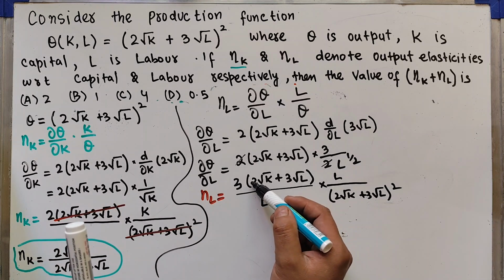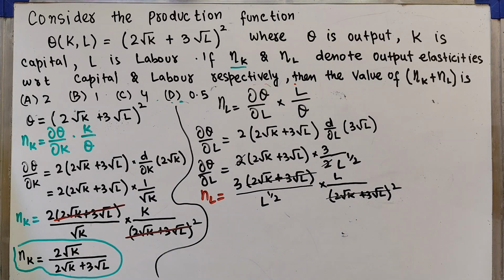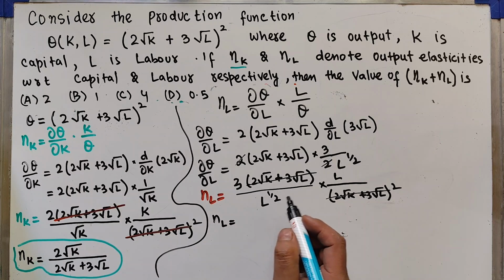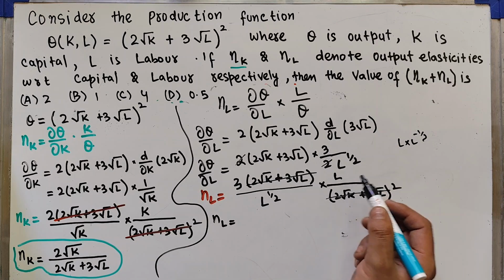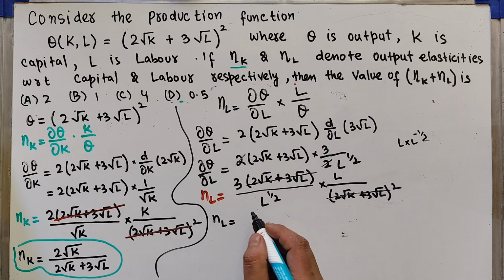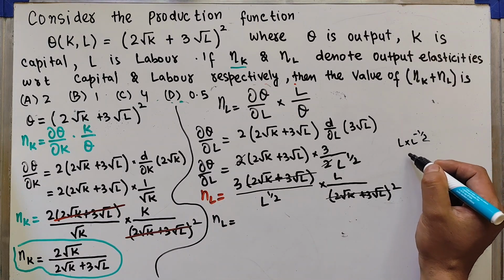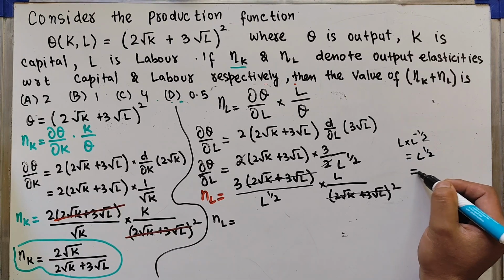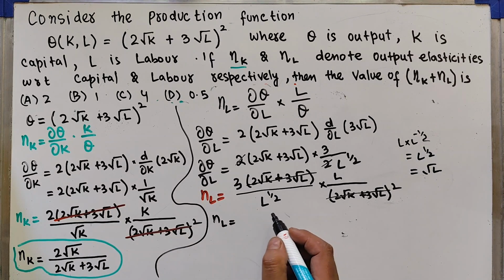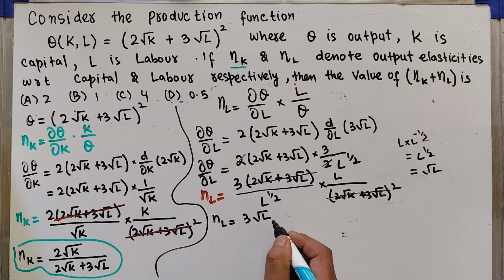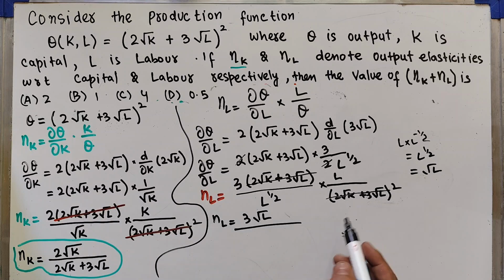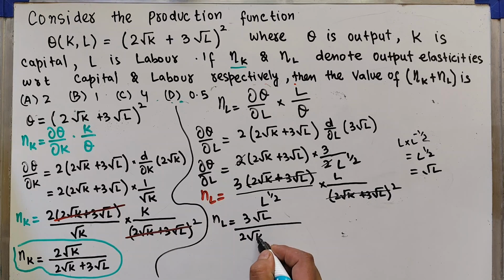Okay, here one term will get cancelled, and transposing this to numerator, we will get n subscript L will be equal to L into L raised power minus 1 upon 2. When we transpose it will get multiplied, but exponent sign will change, so it will become L raised power 1 upon 2, that is equal to under root L. So we will get here 3 under root L,